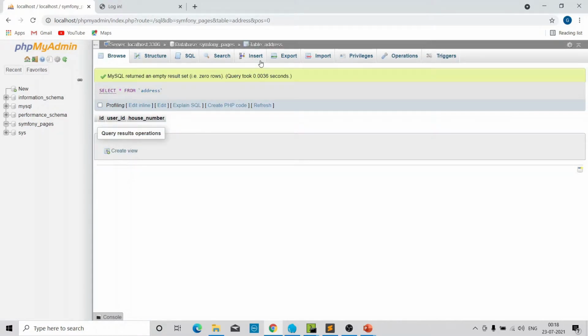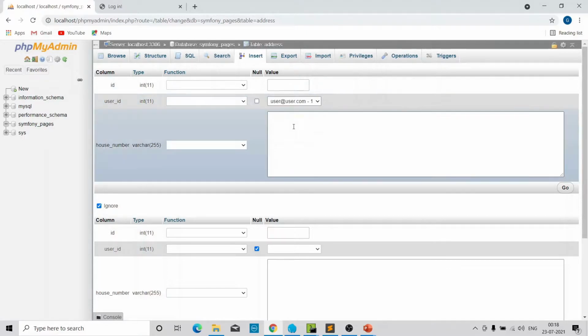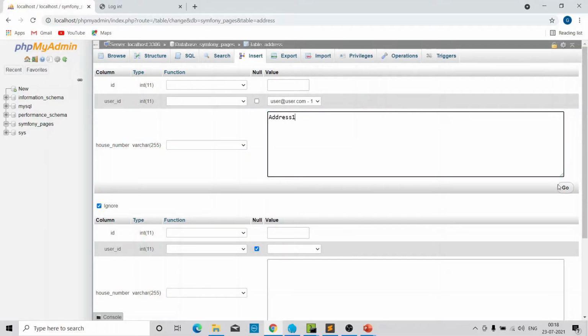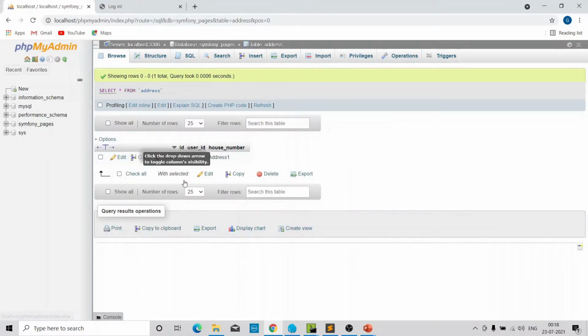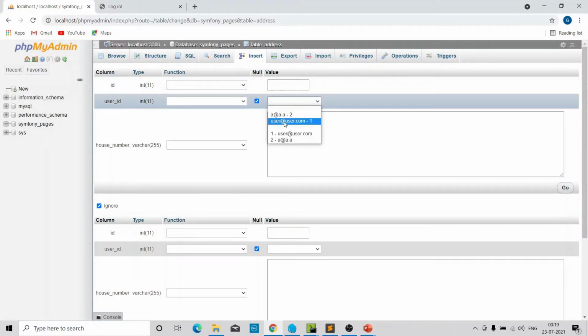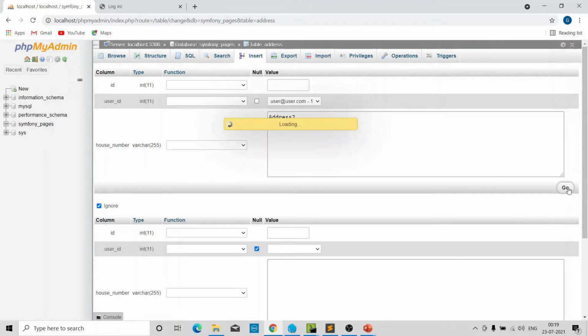Suppose we are going to add a new address. I have chosen user1 address 1. If I again try to insert a new address by using user1, then it will give an error. I have again chosen user1 and address 2.